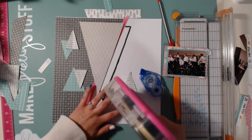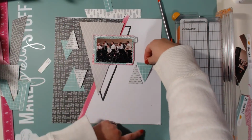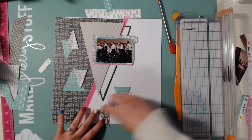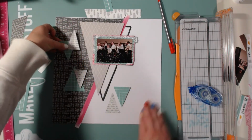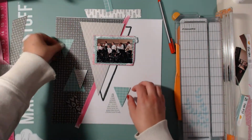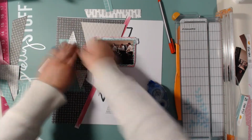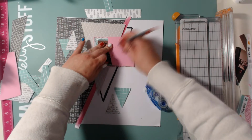And that's what's kind of fun about inspiration pieces. You can get inspiration any way you feel like. Like I saw triangles and that's where I went. You don't always have to use the colors, or if it's a summertime layout, you don't have to scrapbook summertime photos. So I decided that the triangles were what I was going to be inspired by,